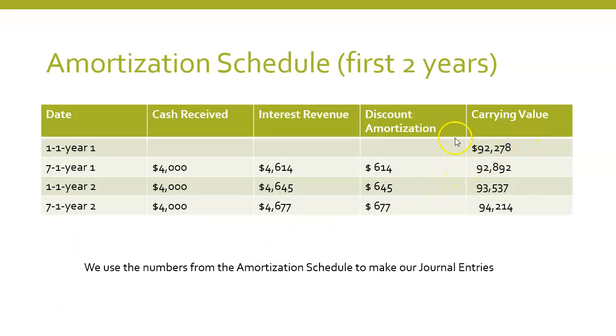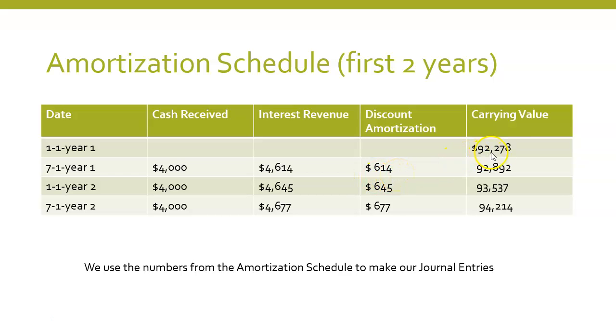So we're going to take the 92,278 times 10%, which would be 9,228. Then we're going to take that times 6/12, or half, and that equals the 4,614. We compare the 4,000 to the 4,614. It's a $614 difference. Okay, and so that's our discount being amortized,